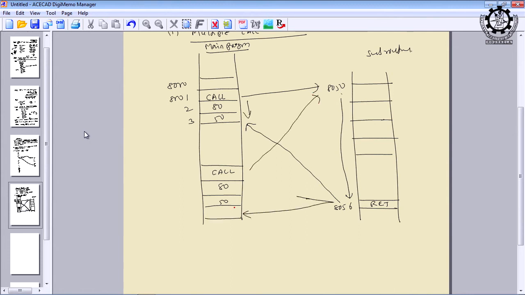So, the first type of subroutine is multiple call subroutines. What are multiple call subroutines? We are calling the same subroutine multiple times.